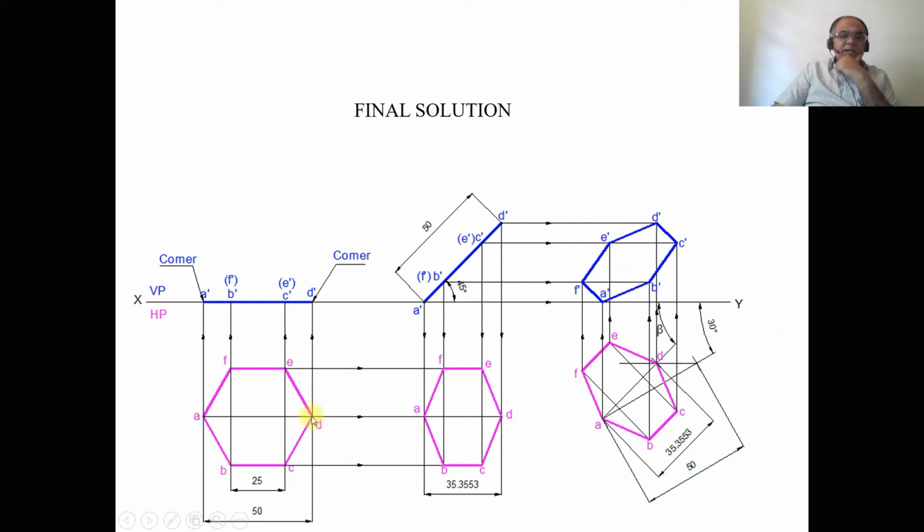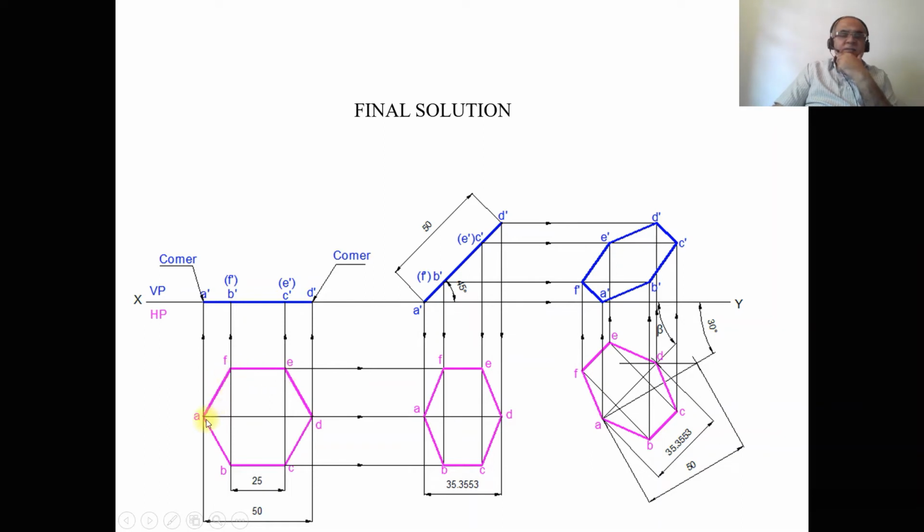Similarly, with the same radius, with D as center, cut it on the circumference of the circle on the top side and also on the bottom side. Then you mark the points as A, B, C, D, E, F. Join A to B, B to C, C to D, D to E, E to F, and F to A